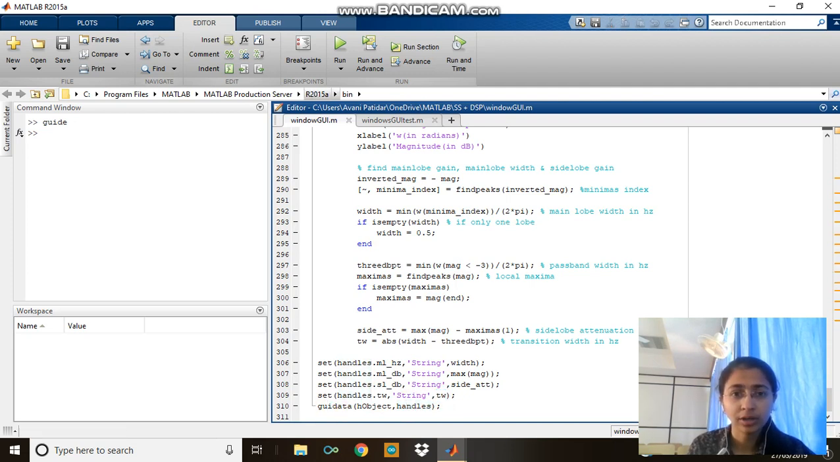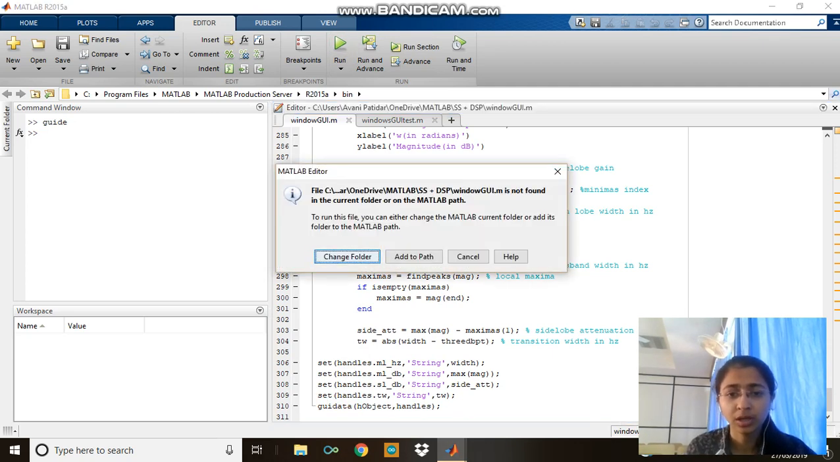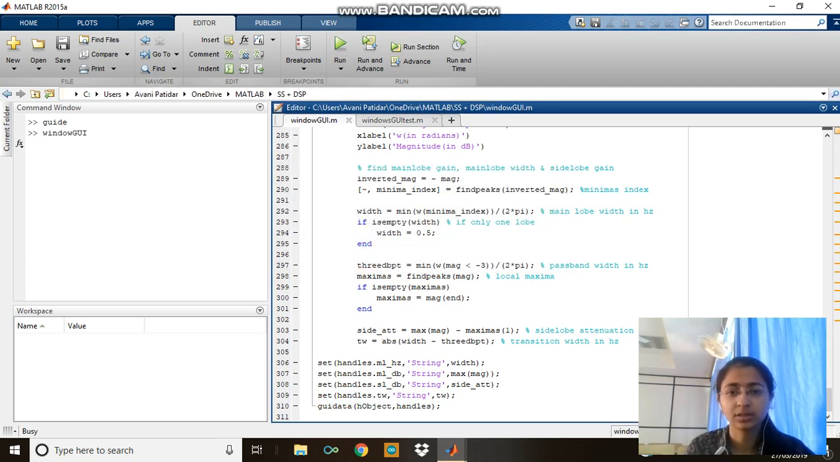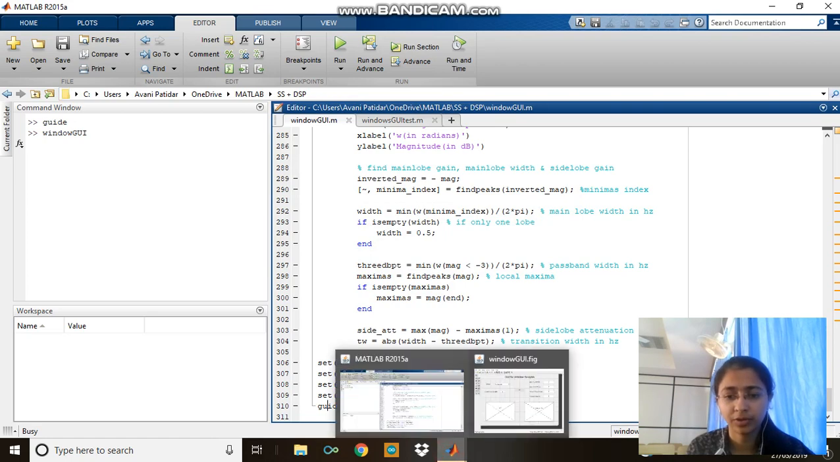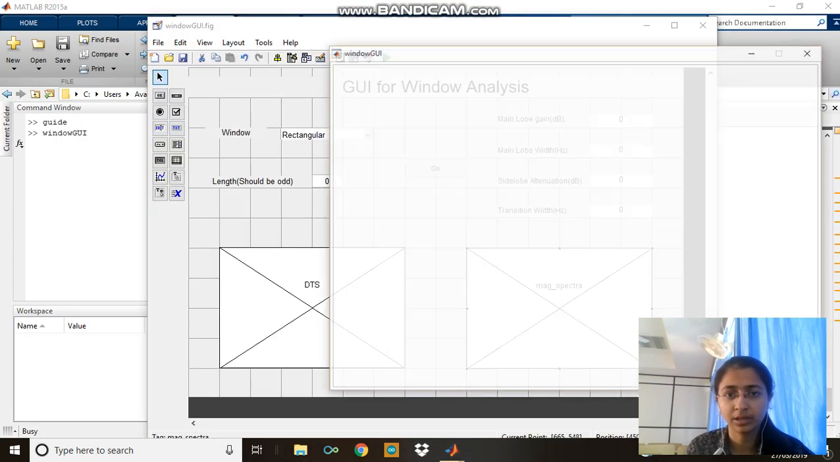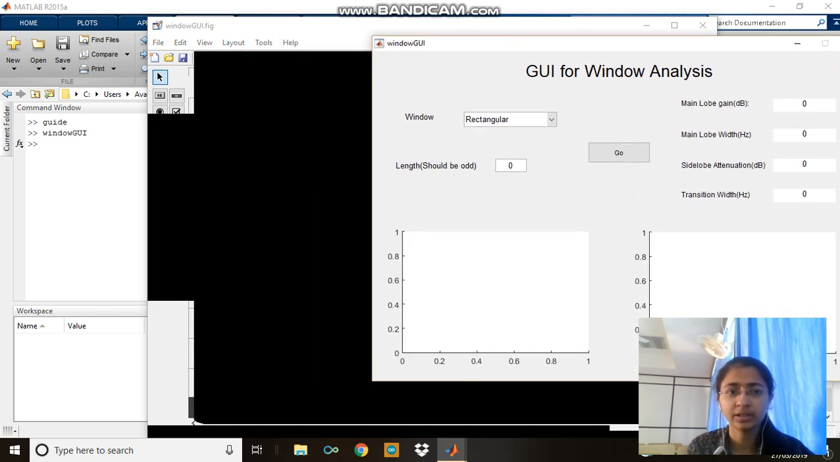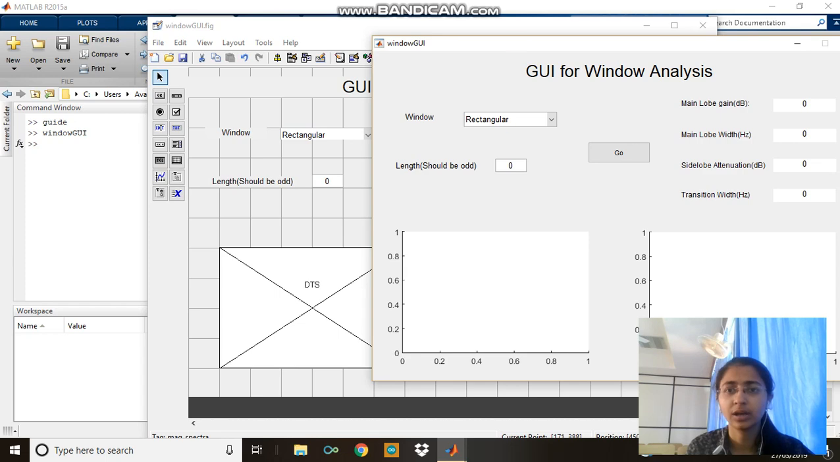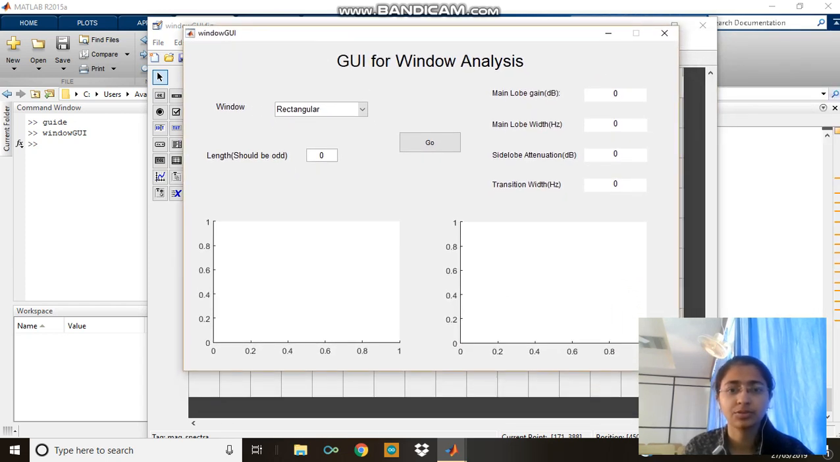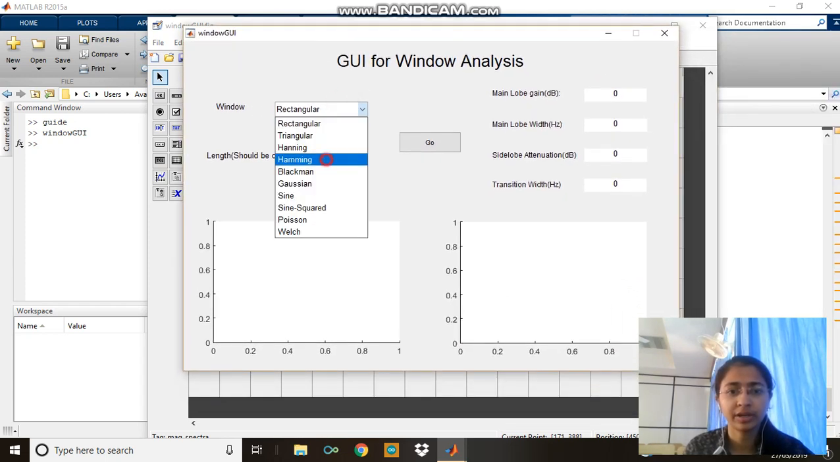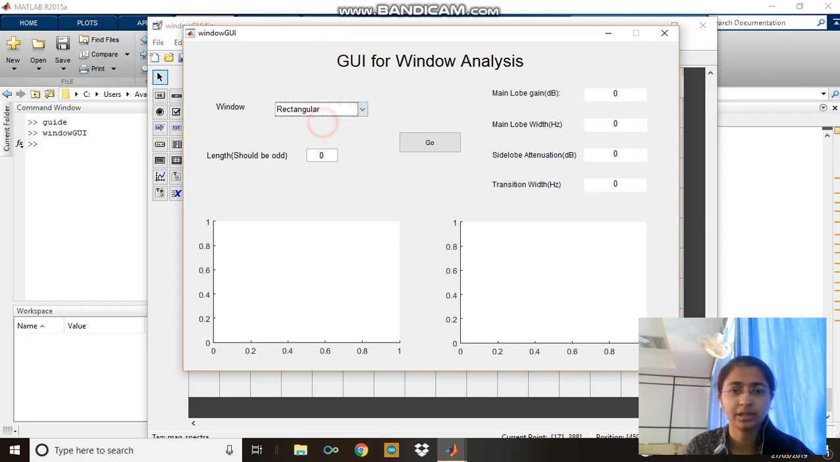That's the end of our code. Now, if I run that code, we'll have this GUI, in the format we had made. So this is the GUI we're getting, just like what we did. Now, if we use a rectangular window of length, say, 43, because it should be odd, and we run it,